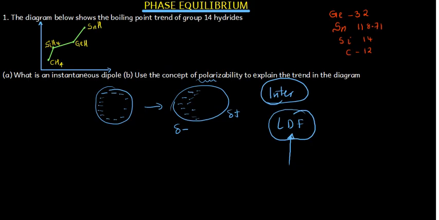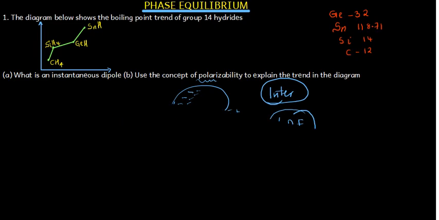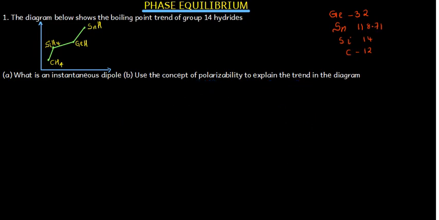That means if you have a lot of electrons, you have higher polarizability. The higher the polarizability, the greater the London dispersion forces. And if you have forces which are much stronger, your compound can attract other compounds much more strongly. Because of that, it is very difficult to separate them. And that is why